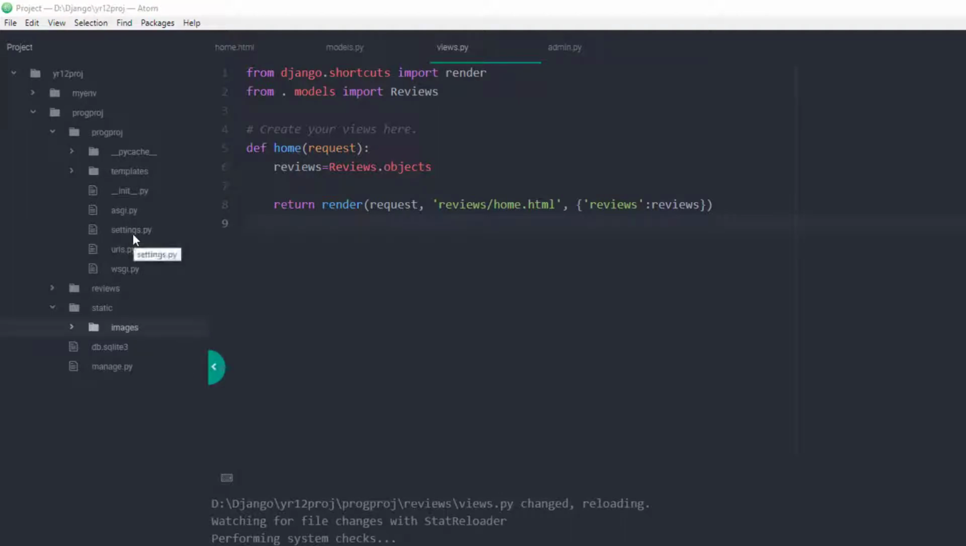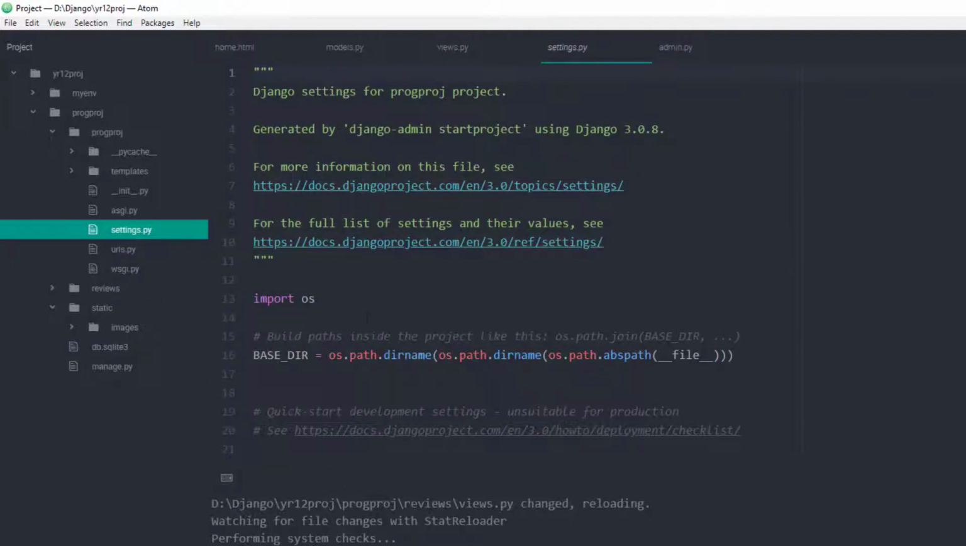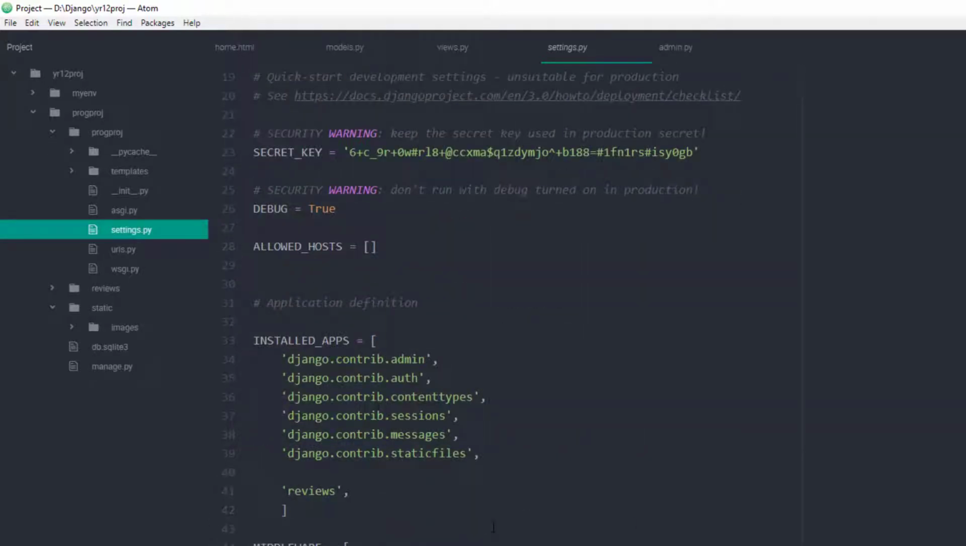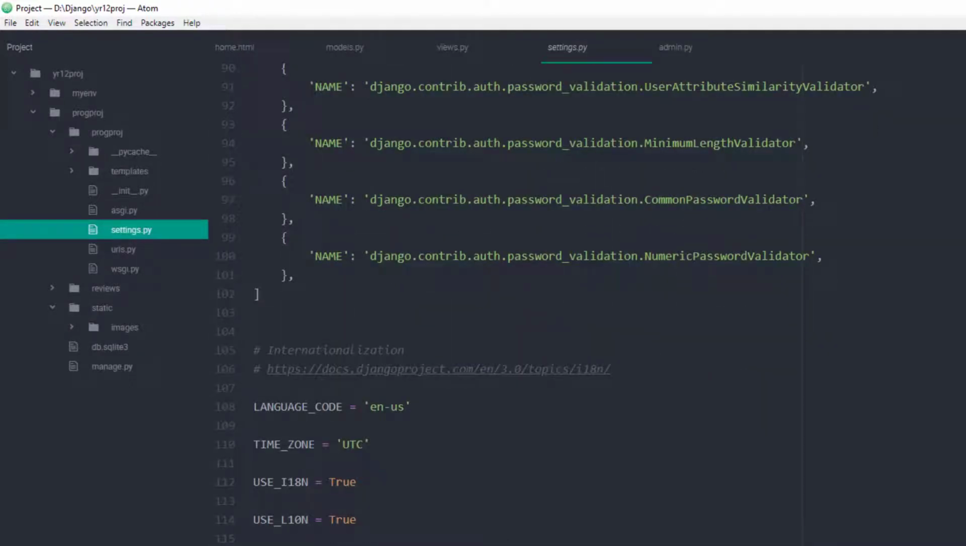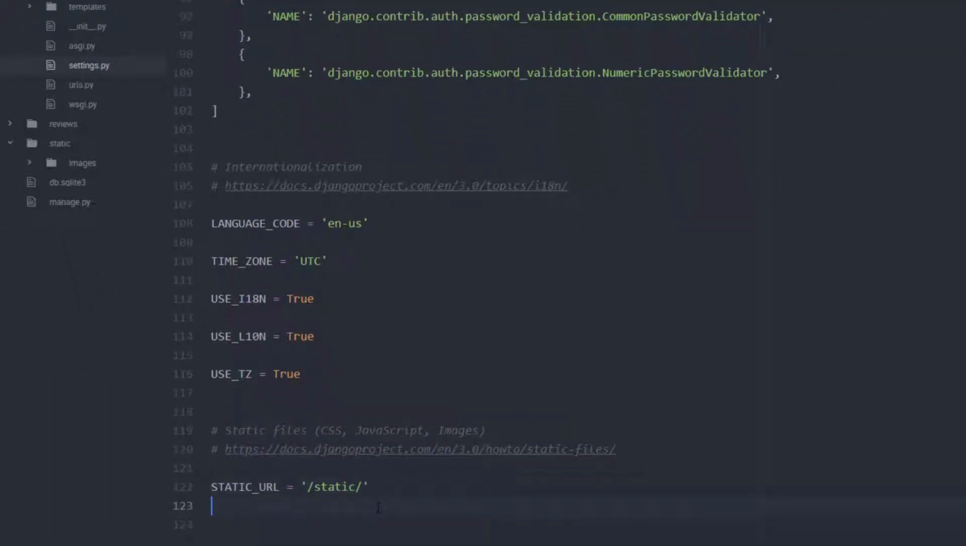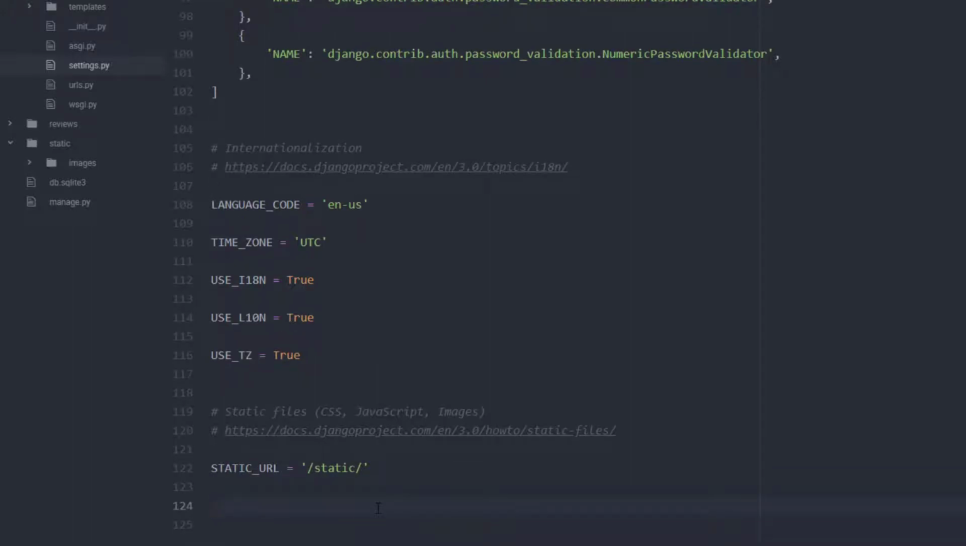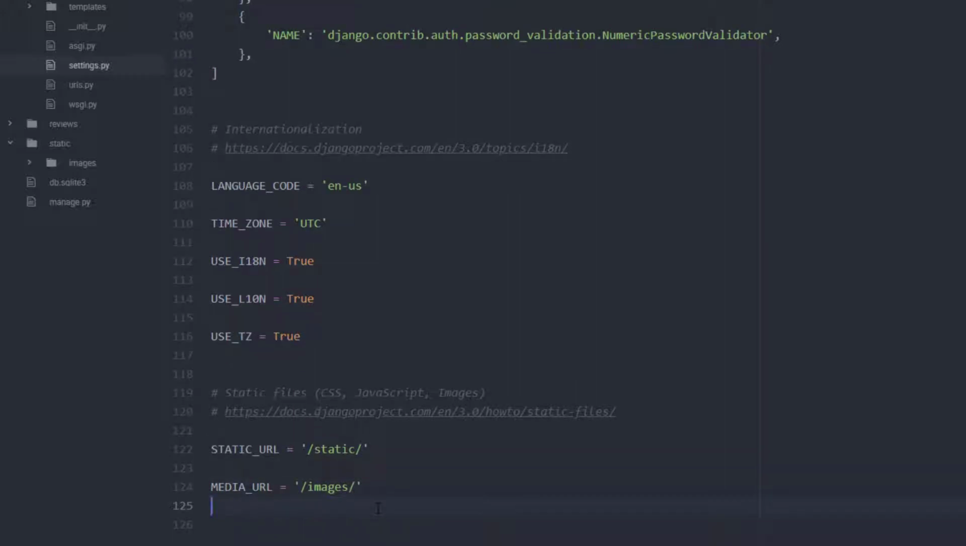So we're going to our settings file, and inside our settings file, if I just minimize that for a second, we're going to scroll down to the bottom, and we're saying that our static URL is static, and we just want to add our media URL as well, so where we're going to find our images. So we're going to say our MEDIA_URL equals /images/